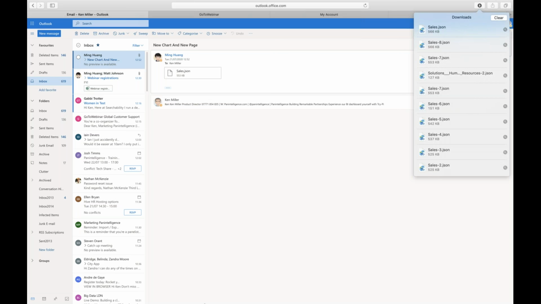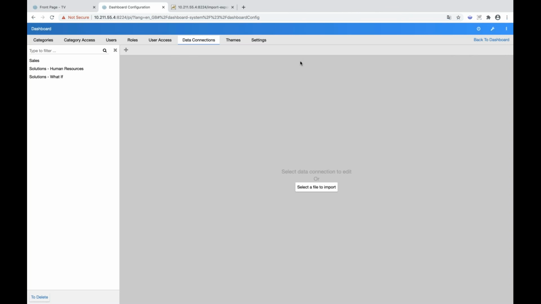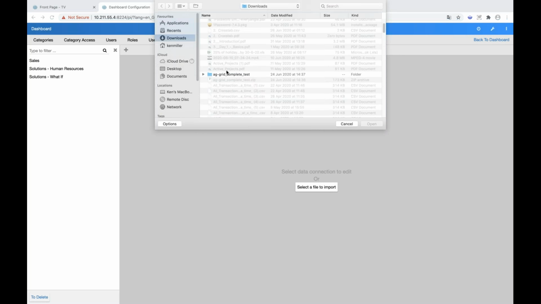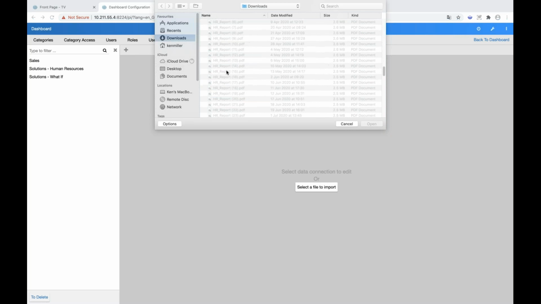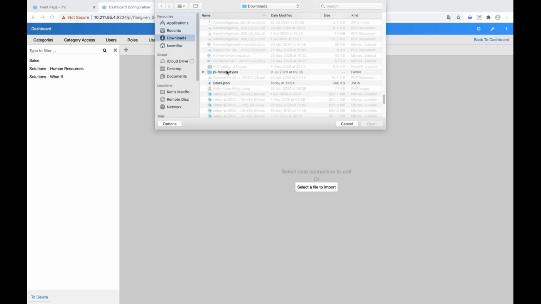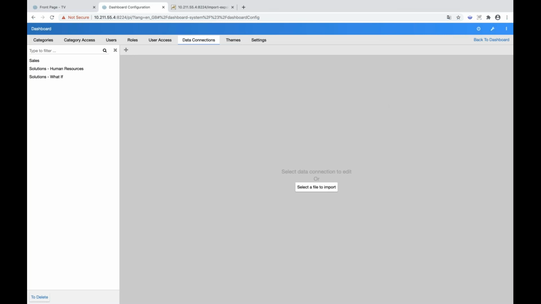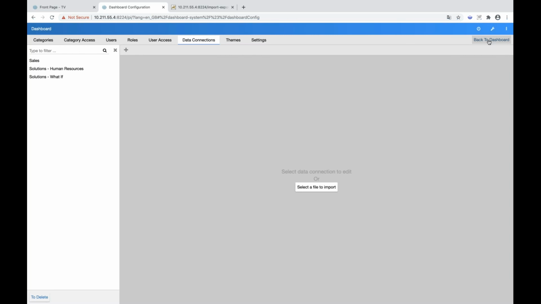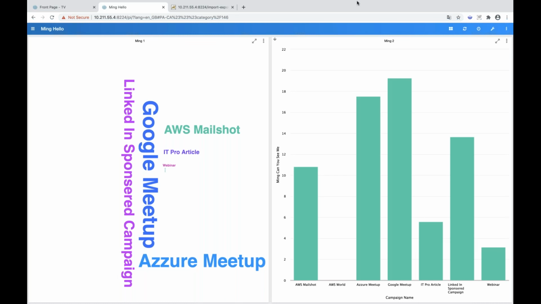It has indeed. So come back to the dashboard, and I'm going to select the file to import here, and in here just find that sales JSON. And I've now got just the items that I want. So I click import on there, it'll process, and it said it imported. And if I've done that correctly, when I now refresh my page,